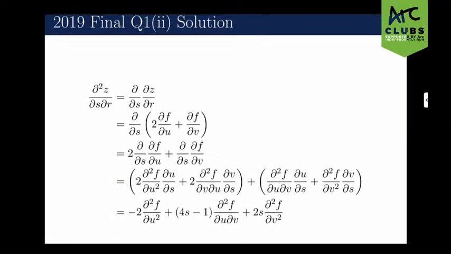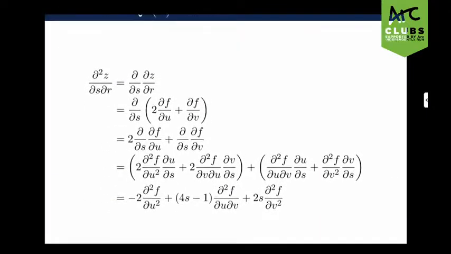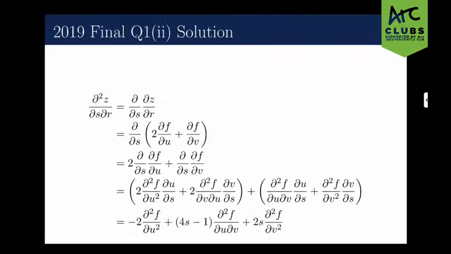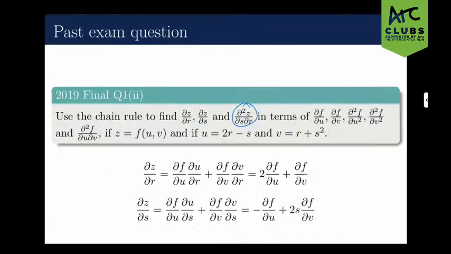And if I want to find the second order partial derivatives, in this question they only asked us to find this one, the mixed partial derivative. What I need to do here is take one of the ones I already had. So I already had these two. So either I can take the first one and take the partial with respect to s. Actually, technically I should use this first one because we actually don't know anything about the partial derivatives being continuous. So I should do r first and then s. So take the partial of this with respect to s, and